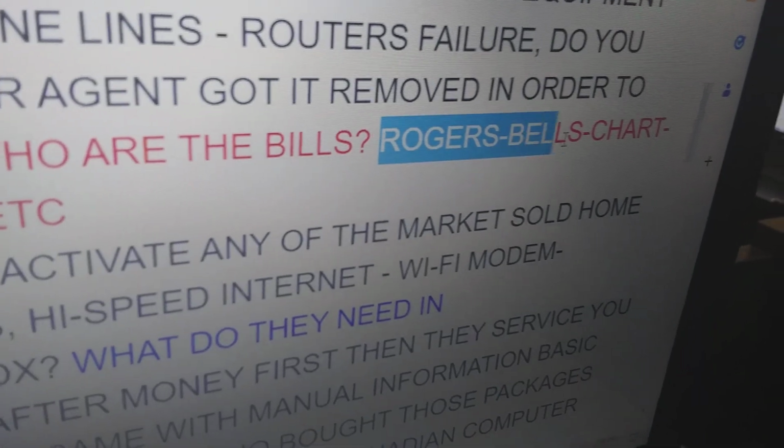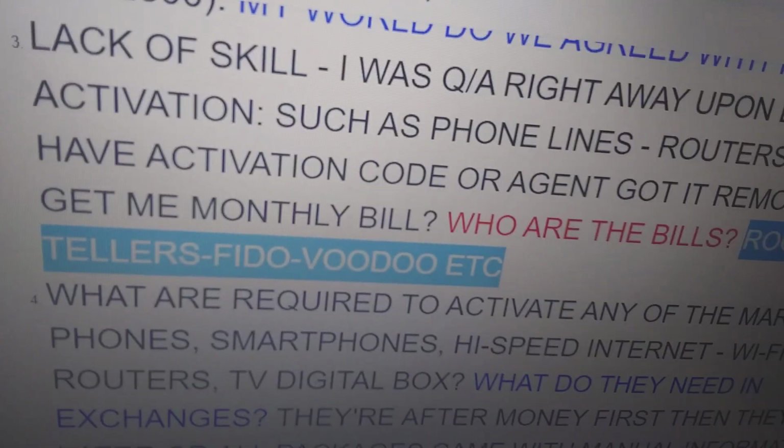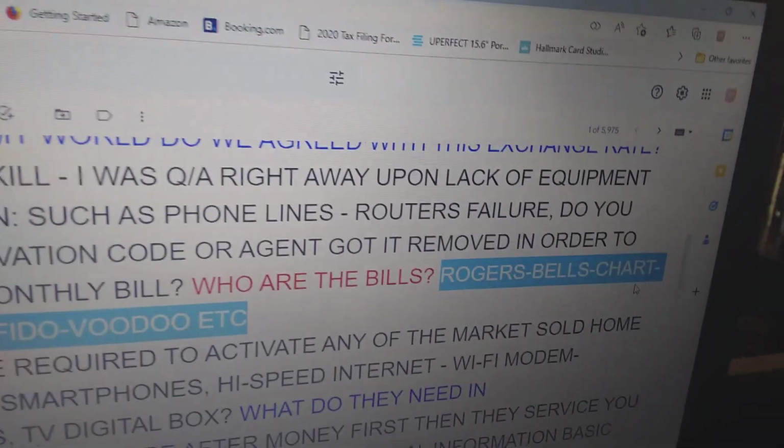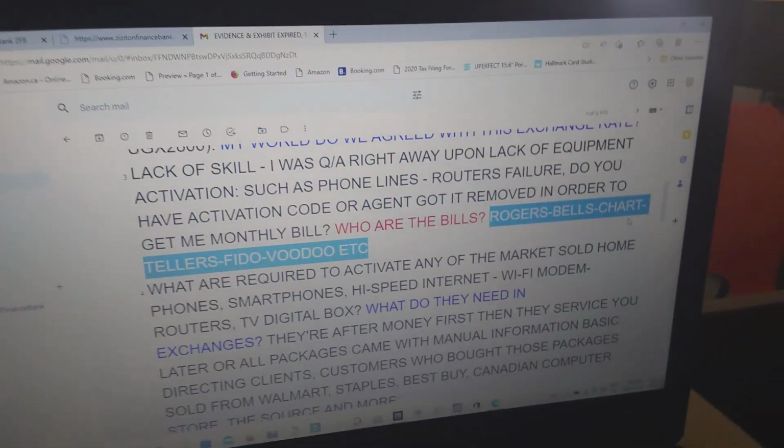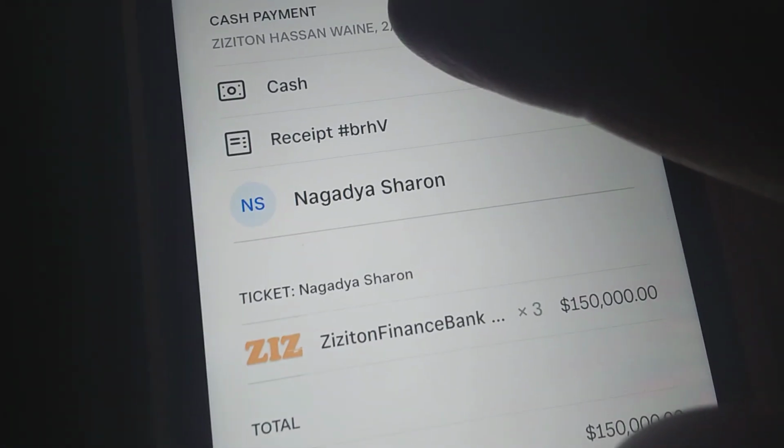This is agent, that is agent, that is agent, and then this is agents. You see those agents? That is agents. They are the ones who remove it because they want to build you to your house. They build you money. They call money out of you, and then they will tell you